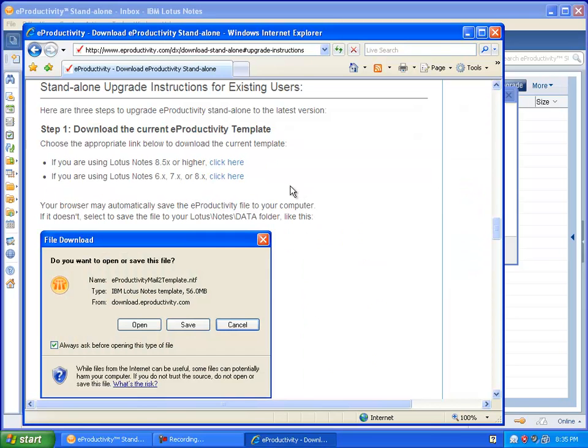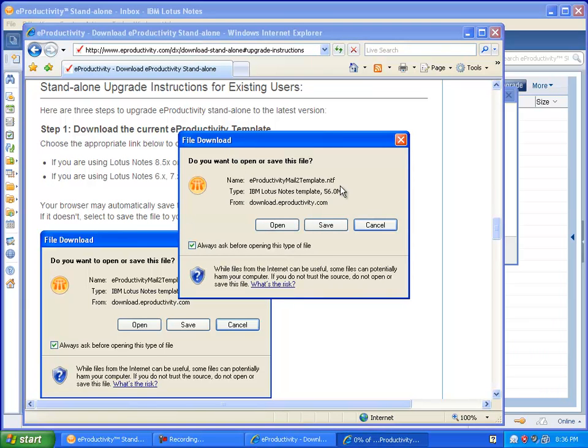Here I'm presented with two links. These allow me to download the correct version of eProductivity based on the version of Lotus Notes that I'm using. Since I'm using Lotus Notes version 8.52, I'll go ahead and choose this first option. Now I'm prompted to save the eProductivity template. I'm going to click the Save button and then direct my browser to save the file in my Lotus Notes